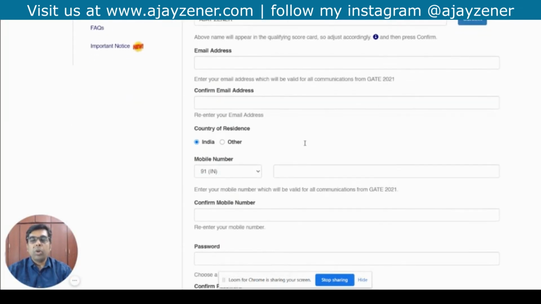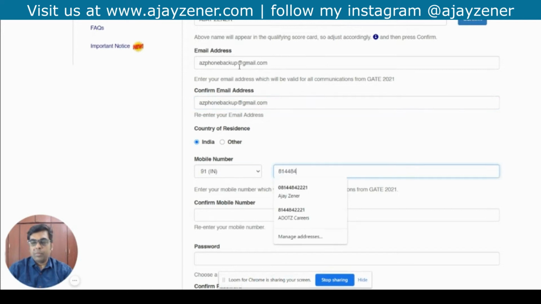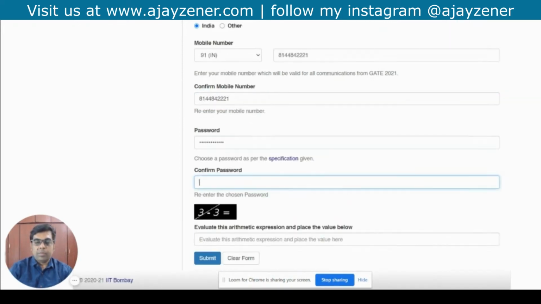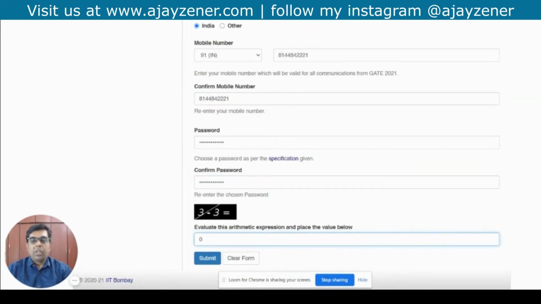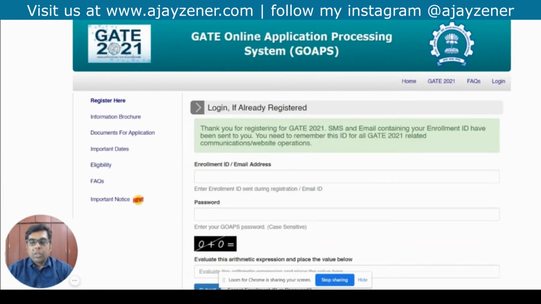Then it takes you to a form where you will have to fill in your email ID, your phone number, and then create your password and then verify. Okay, let's do that quickly. So you can submit this form. Once you have clicked the submit button, it takes you to this page which says thank you for registering